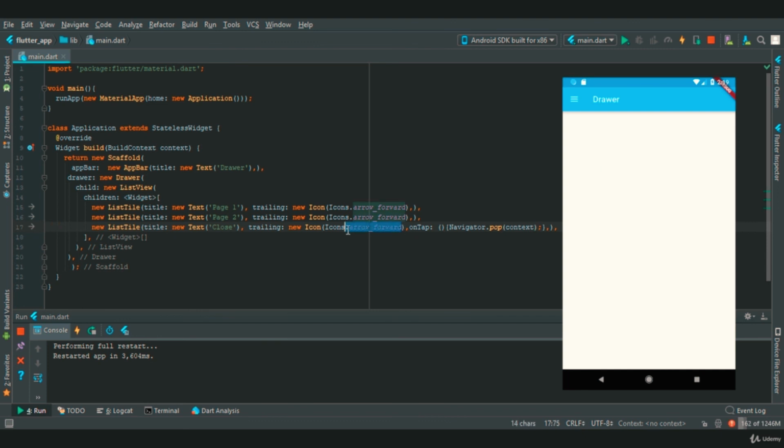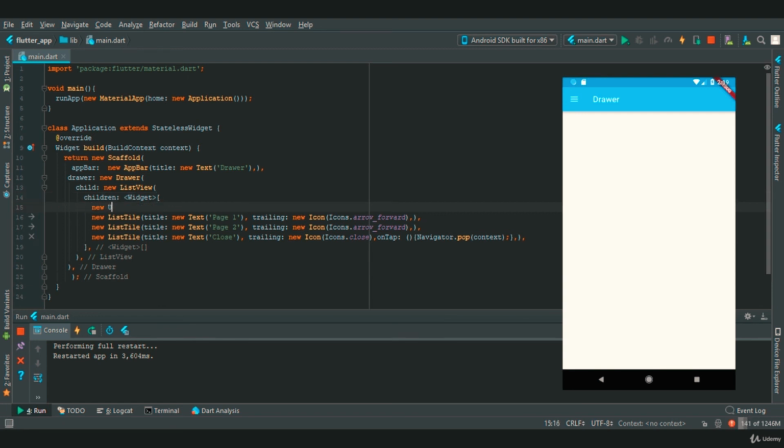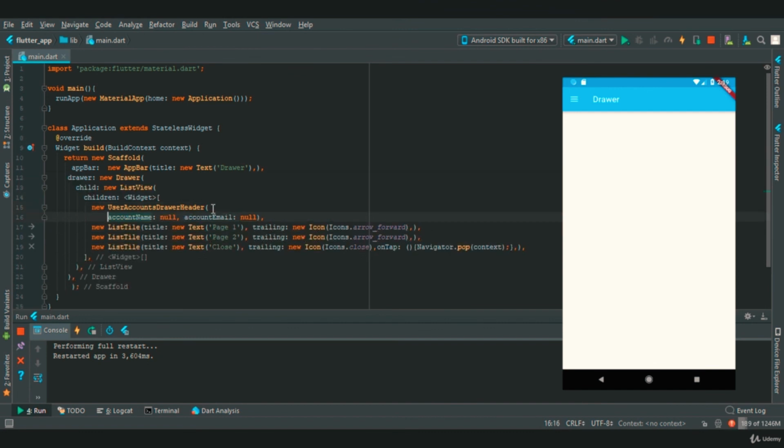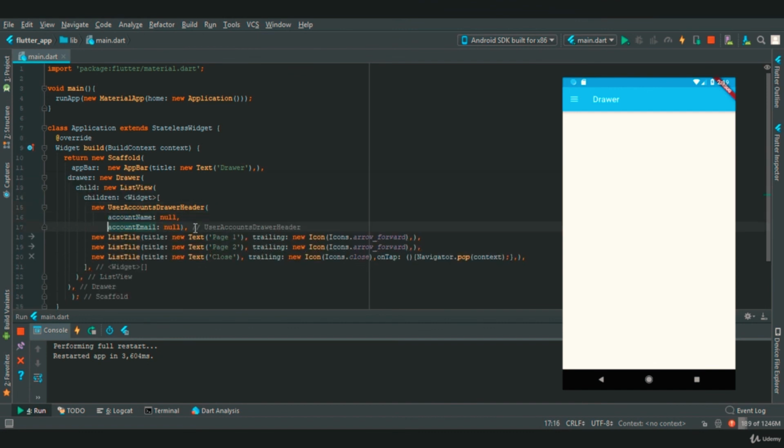Let's change the icon of close to a close icon. Now the next widget that we are going to see is the header. So new UserAccountsDrawerHeader. In this we are going to provide three properties.